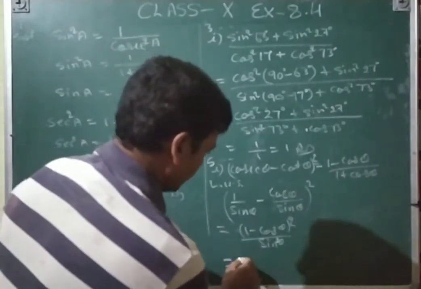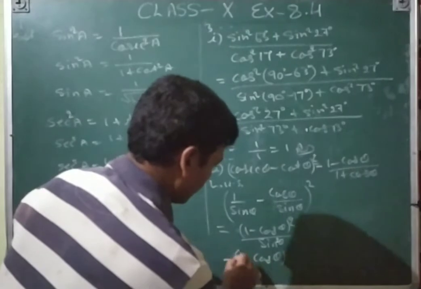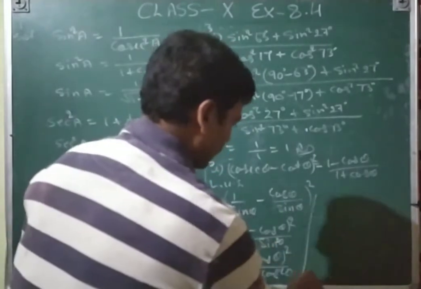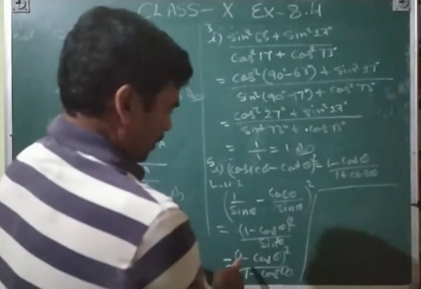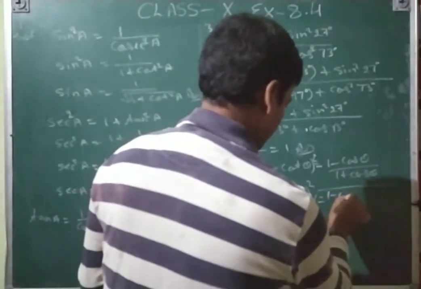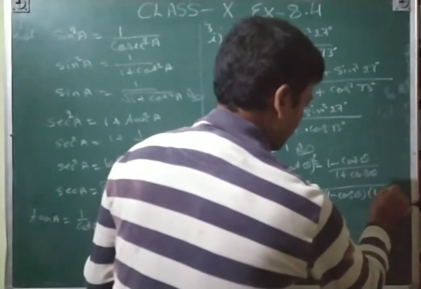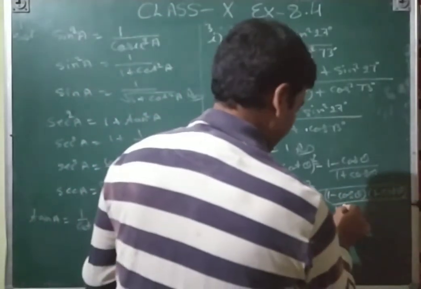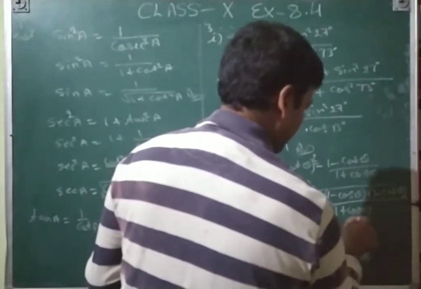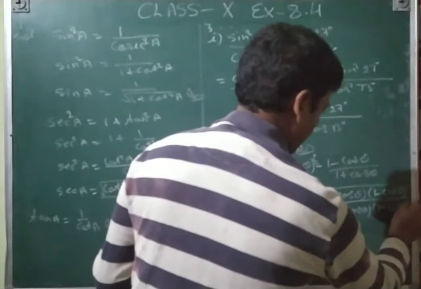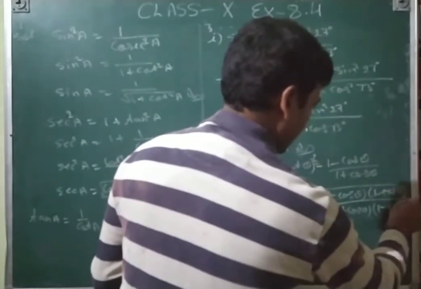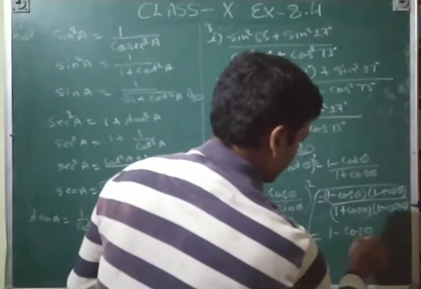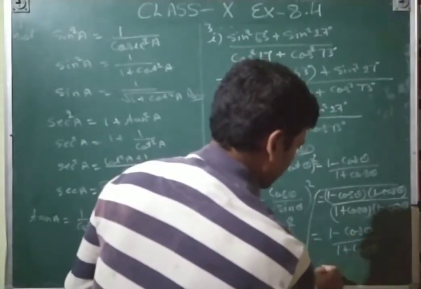Similarly, after this you will write 2 times, and then sin square means the identity 1 minus cos square, and then we can see here this thing we will write 2 times 1 minus cos theta, 1 minus cos theta by the square, and then a square minus b square is equal to a plus b and a minus b, and then this will be cancel, and then your answer will come 1 minus cos theta upon 1 plus cos theta is equal to RHS.